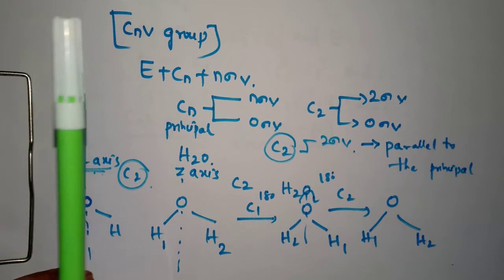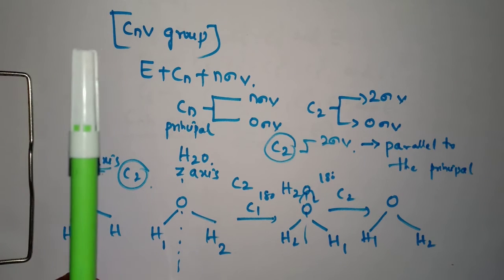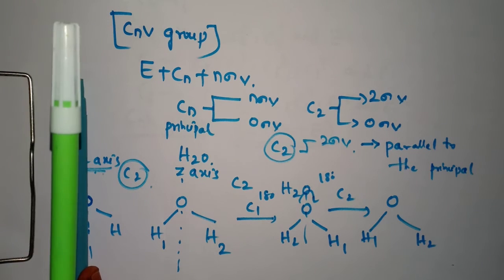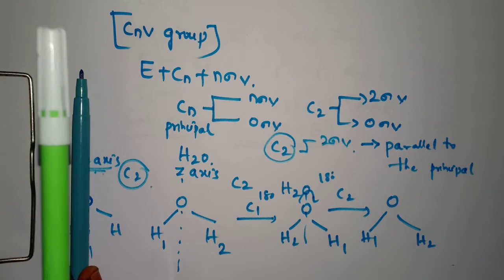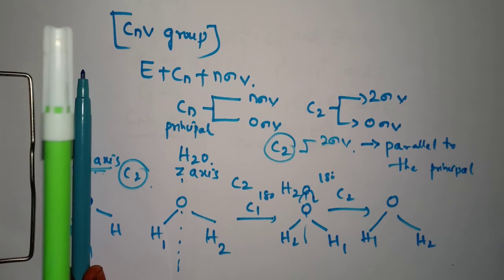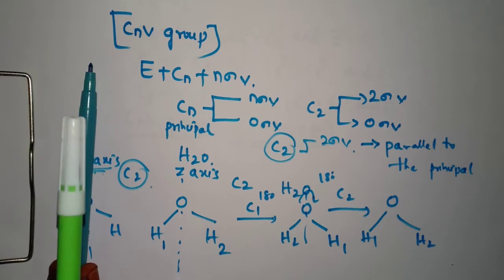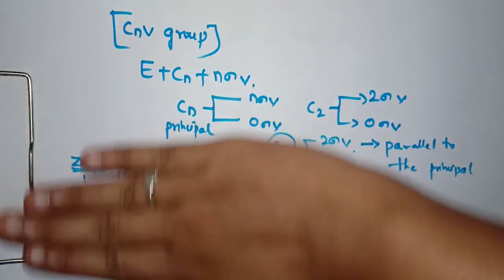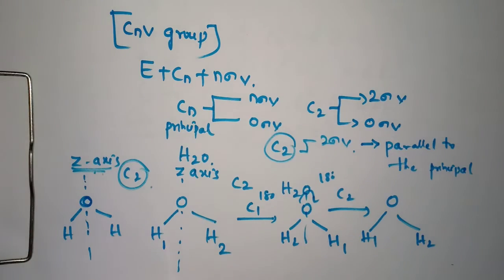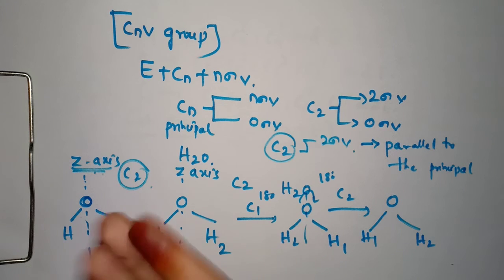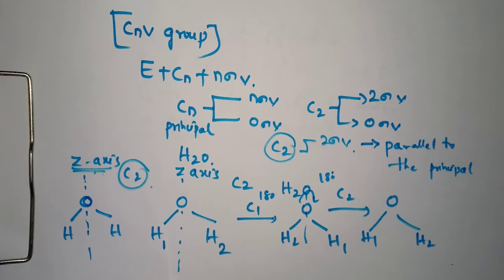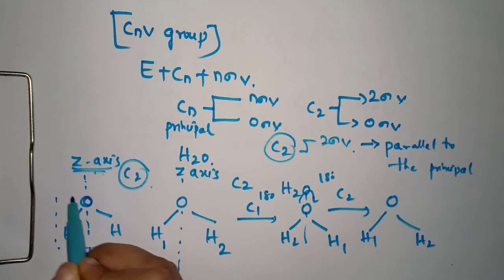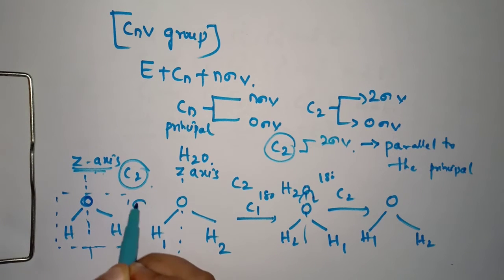These two will never meet each other. So these two are parallel. It is the z-axis and it is the imaginary plane which we are placing here. If we place the imaginary plane like this, it is parallel. That means it should cut the molecule like this. It will bisect the molecule into two equal halves. That means the front part and the back part are mirror images of each other. So as the plane is obtained, one sigma v is obtained.